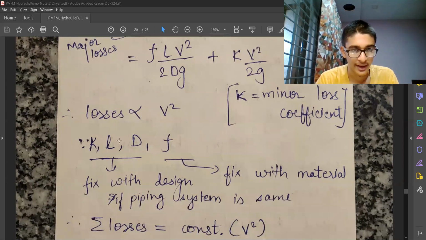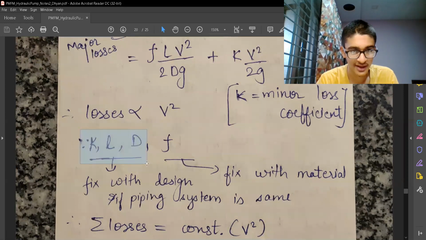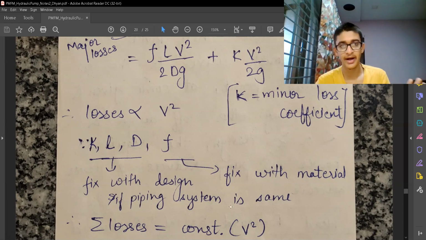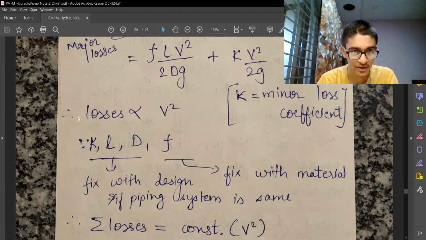So K, L, D, and f, which are the constants over here, and g, these are fixed with design. L and D are design properties. f is fixed with material. Once we have some XYZ material, we know what's the friction by that material. And K is also some minor loss coefficient, so it is dependent on the piping system. Whatever different kinds of bends we have, entrance loss, exit loss coefficient, whatever we have,